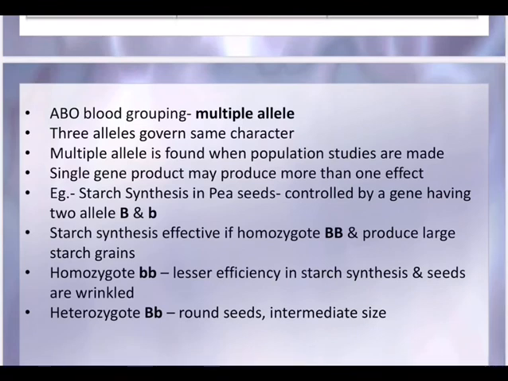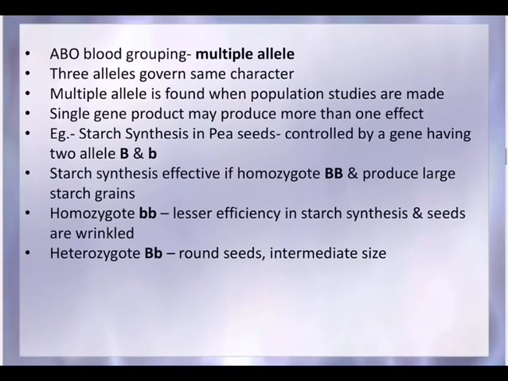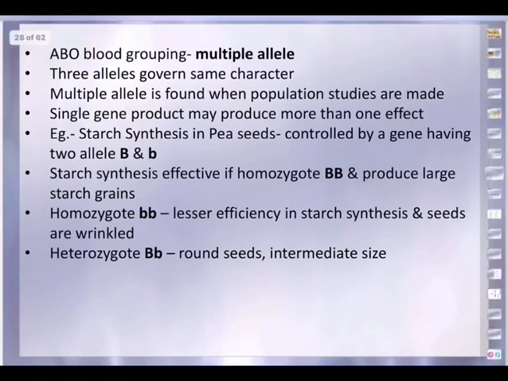Like starch synthesis in pea seeds controlled by a gene having 2 alleles, capital B and small b. Starch synthesis is effective if homozygous, that is capital B, and produces large starch grains because of the genotype capital B, both are dominant. The starch grains will be very large. And if it is homozygous recessive with small b, there is lesser efficiency in starch synthesis and seeds are wrinkled. What about the heterozygous combination, capital B with a small b? Round seeds and intermediate size. So this is how the